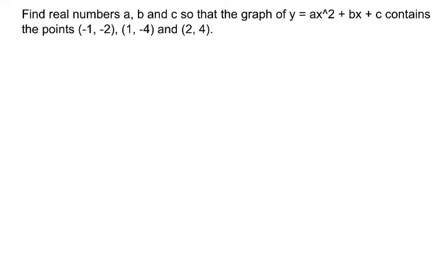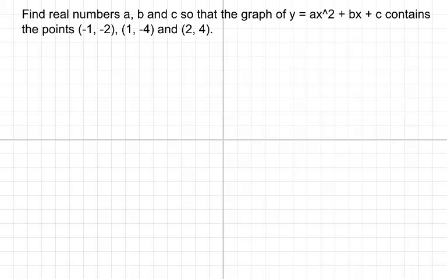Find real numbers a, b, and c so that the graph of y equals ax squared plus bx plus c contains the following points. So first, I'd recommend that we sketch what's happening in this problem and what they're asking us. They're giving us these 3 points, (-1, -2), (1, -4), and (2, 4),